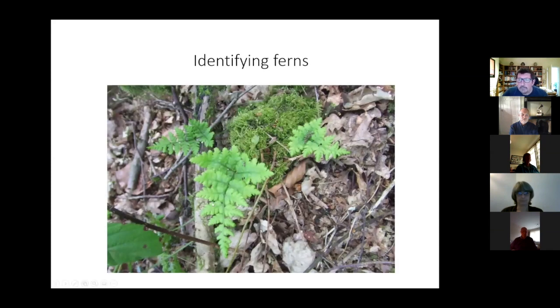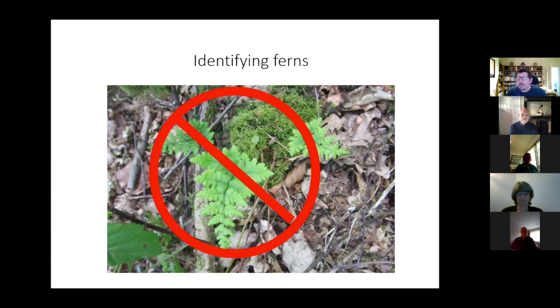And the first thing a lot of people will find is this. This is a little baby fern, a fernlet. And this is what we do with this one. We put a big red circle with a line across it and say, don't even look at it. These very small ferns can't easily be identified from their vegetative characters. This is because the morphology of some of the ferns changes so much during their life cycle, you just can't tell what it is going to turn into. So just don't bother. Leave them alone, leave them to grow up,